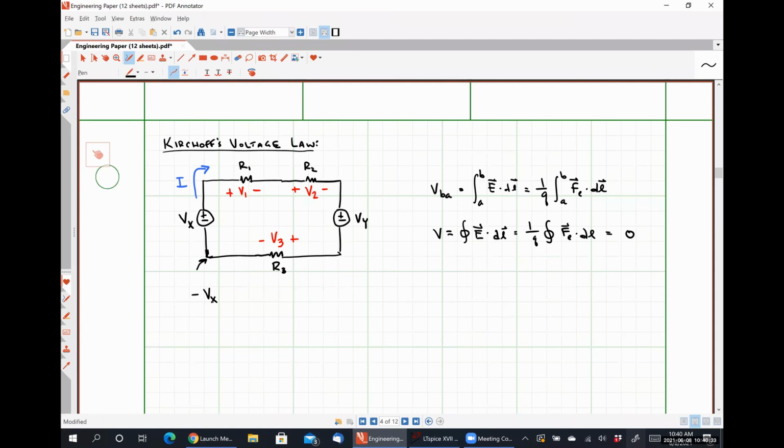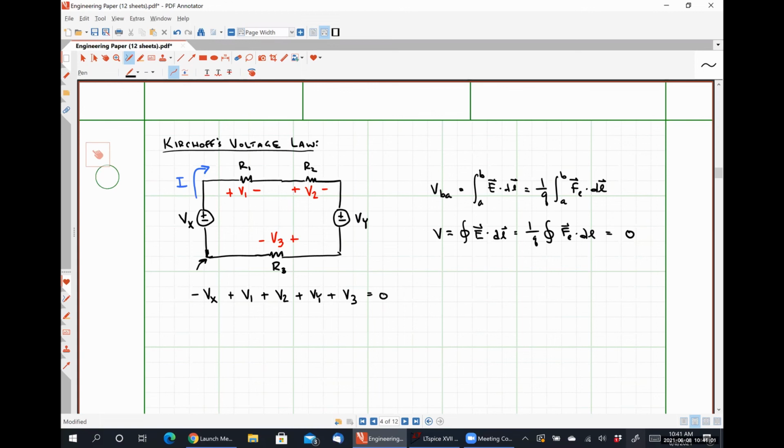And the reason why it's negative is because as I follow I around, I see the negative polarity terminal of that voltage source Vx first, plus V1, plus V2, plus Vy, plus V3